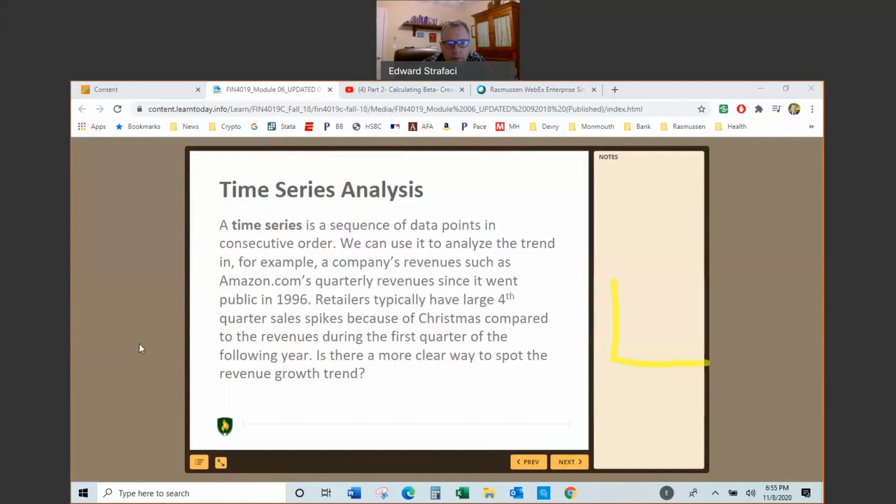And for a retailer, this would be, say, January, February, March, April. It'd be yearly, and you probably would see something along the lines of,